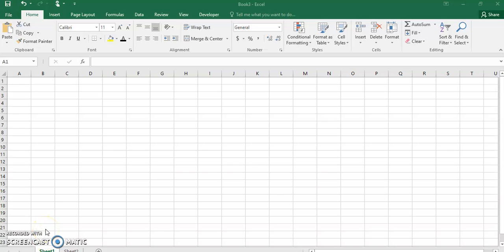Today we'll be using Microsoft Excel to create a customer database. Now the name of the company that we'll be looking at is ABC Limited. So we type the name of the company in the first cell. So we say ABC Limited